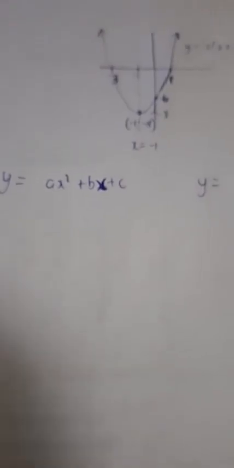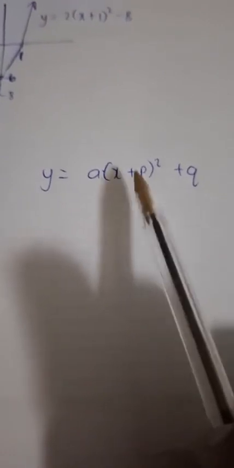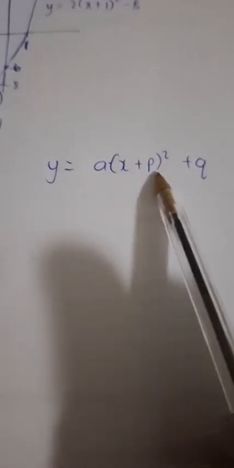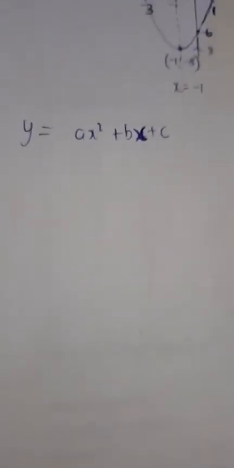Yeah, and we've spoken about the A, the B, and the C for the quadratic form. We've looked at a sketch, we've looked at how it pans out, and then we've looked at the turning point form. We've looked at A, P, and Q, and what effect each respective parameter has, and how it affects things for us as we go along. So I hope that is very clear for all of you. So what I'm going to do now is I'm going to actually leave